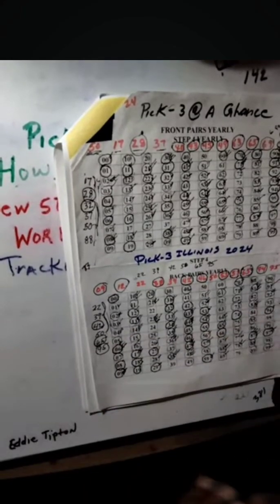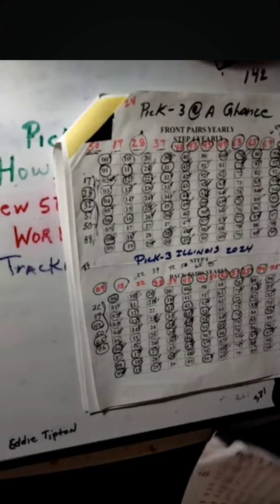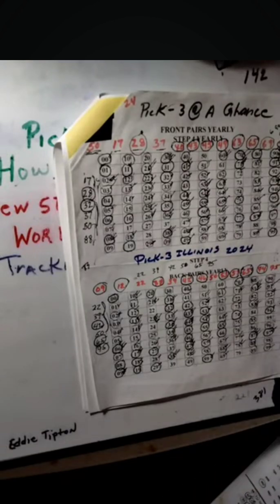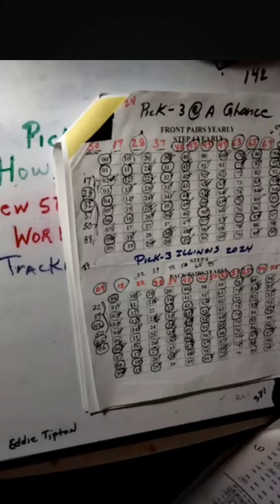Okay? And that's pretty good, for a year to only have those few numbers left to play. And what I do is carry them all the way over into 2025. Because working with the law of averages, these